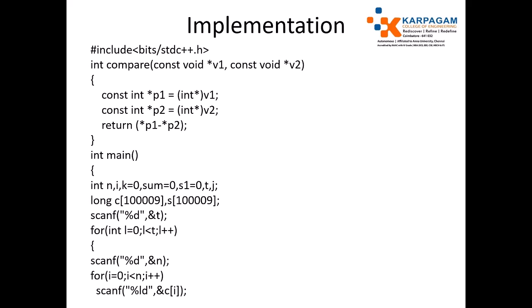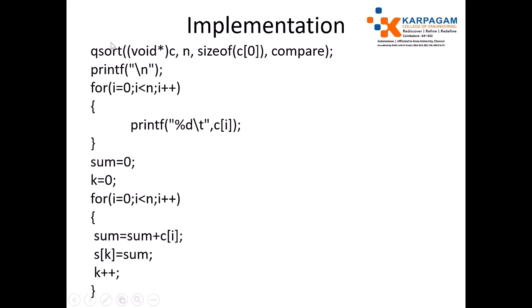In C programming we have a qsort function, which is a very efficient method to arrange the elements in ascending order. It accepts four arguments. One is the starting address of the array to be sorted, the size of the array, and the size of each element in the array. And this is a comparator function, in what aspect you are going to compare the elements.